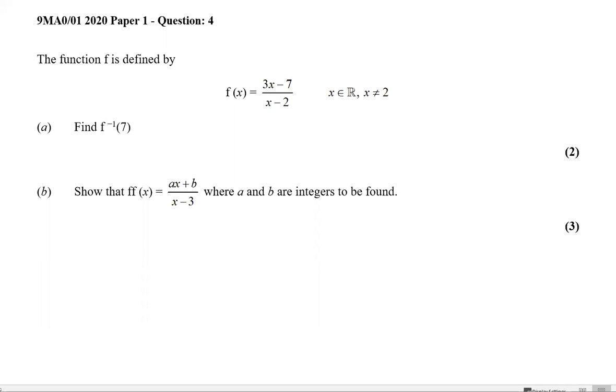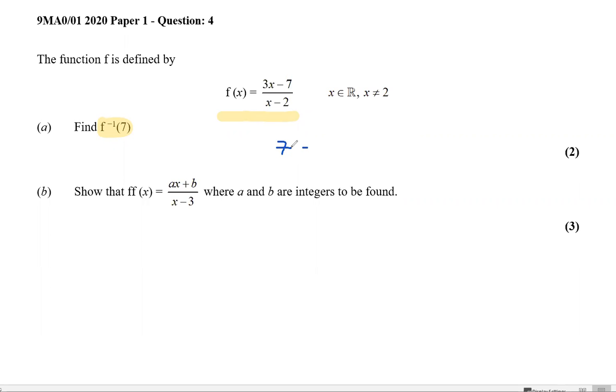Question 7 is taken from paper 1 from 2020, and it was question 4 on that paper. It's a functions question. We have to find the value of f inverse of 7 first of all. Now then, we could, in theory, figure out what the inverse function is by rearranging the formula given here. But if we think about how inverse functions actually behave, if I take an input of 7,